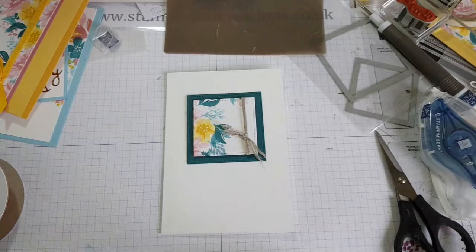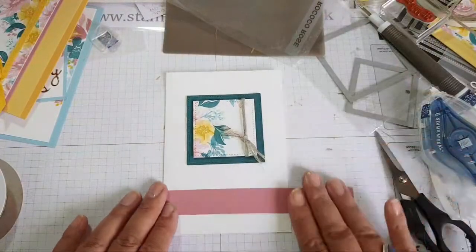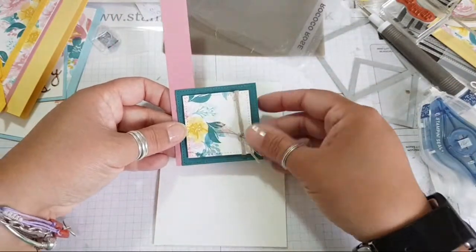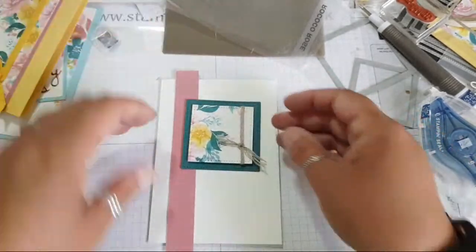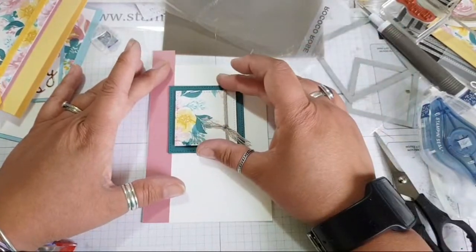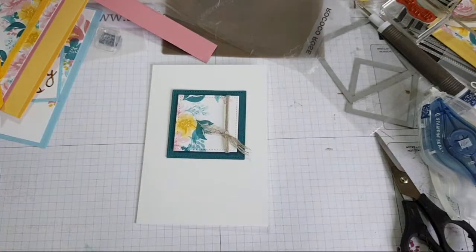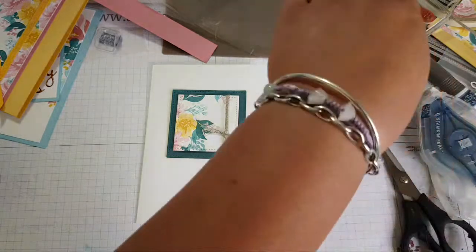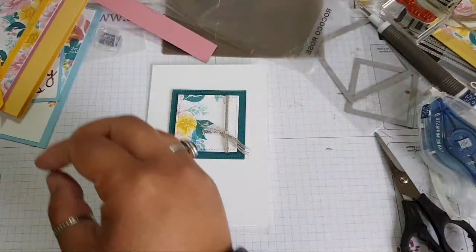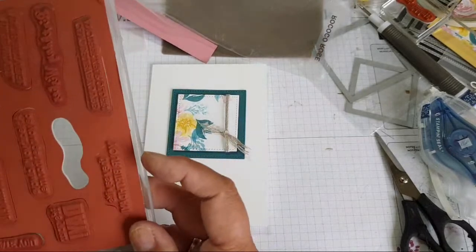Now I'm feeling the need for a bit more Rococo, I think. Rococo, where are you? There you are. I'm just going to see if I had a strip. No, okay. Not entirely convinced. No. So, sentiments. I'm losing everything. I'm going to keep this rather simple. I'm going to go for birthday wishes